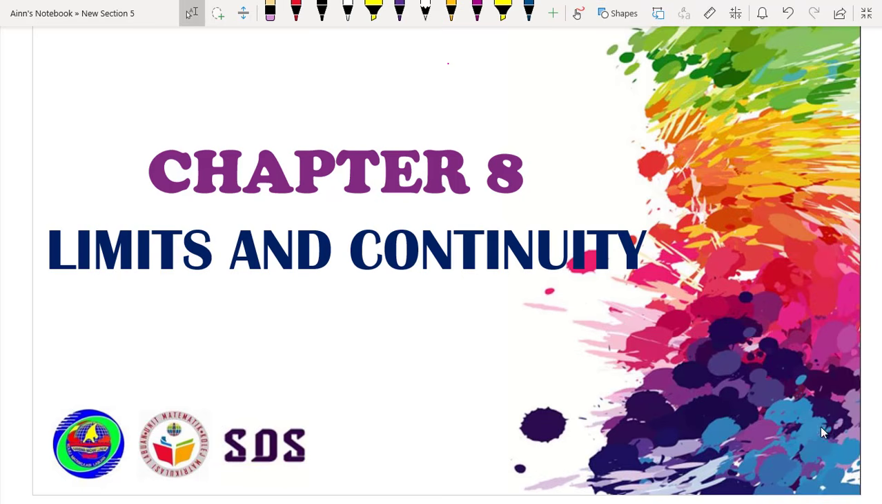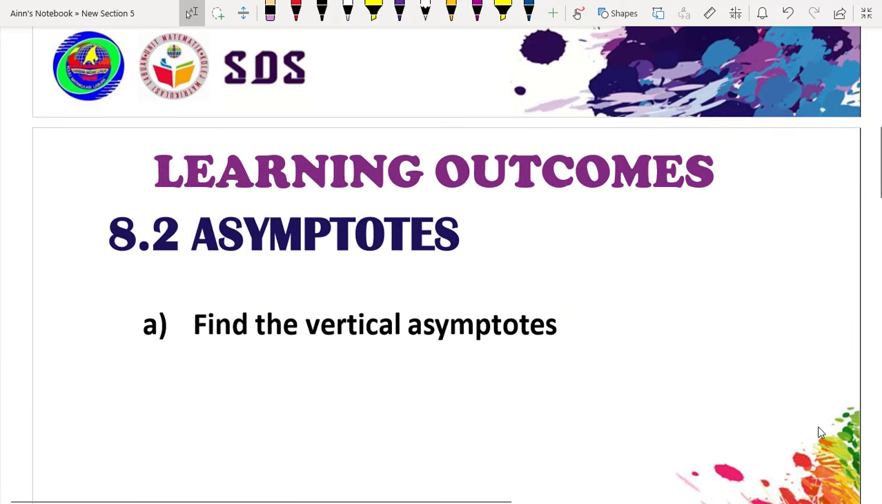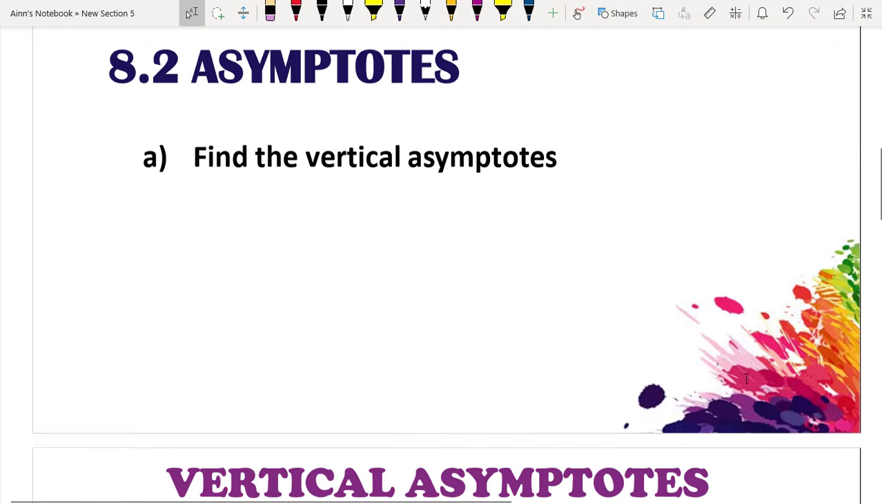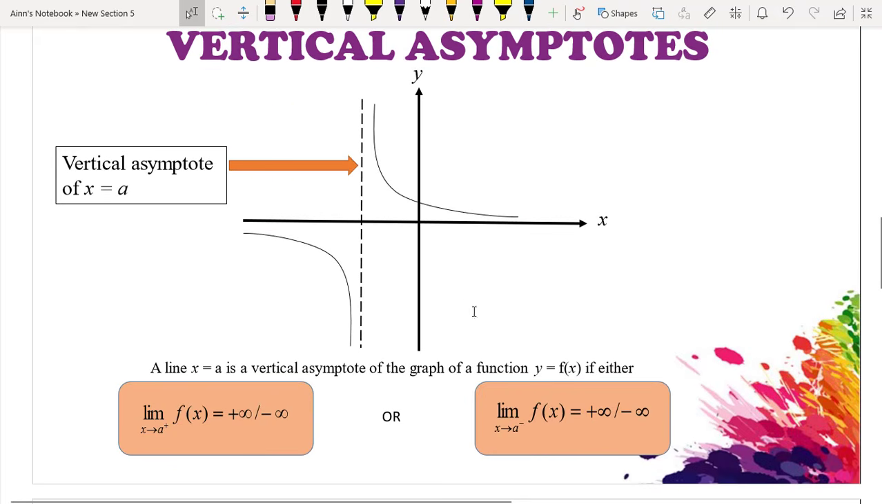Okay, Assalamualaikum and hi. In this video, we will learn about Chapter 8, Limits and Continuity, subtopic 8.2, Asymptotes, which is to find the vertical asymptotes. As you can see from this graph, the dotted line is your vertical asymptote, which is x equals a. So the line x equals a is a vertical asymptote of the graph of a function